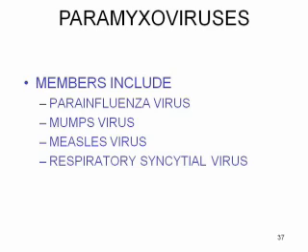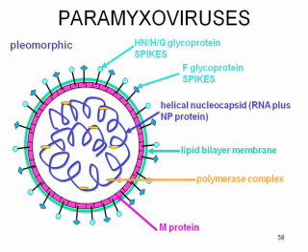So now I'm going to switch to the paramyxoviruses, which are another non-segmented negative strand virus family. They're medically important, which is why we're covering them here as well. And they also introduce some additional concepts that I want to talk about, but in many ways their basic life cycle is very much like that of the rhabdoviruses. The members include parainfluenza virus, mumps, measles, and respiratory syncytial virus, and we'll be talking about all of those next week.